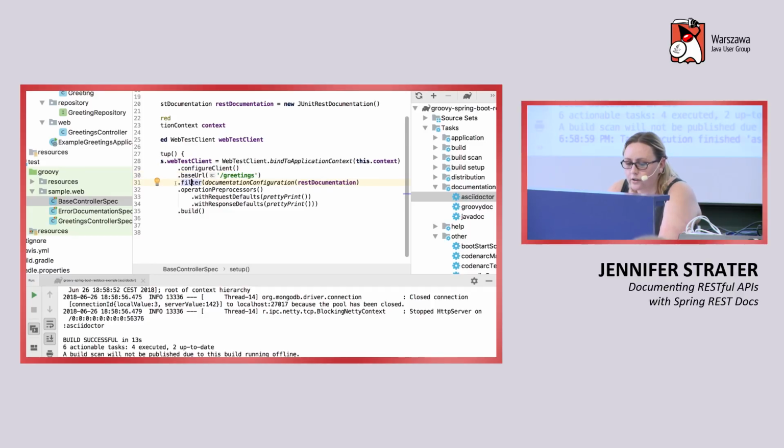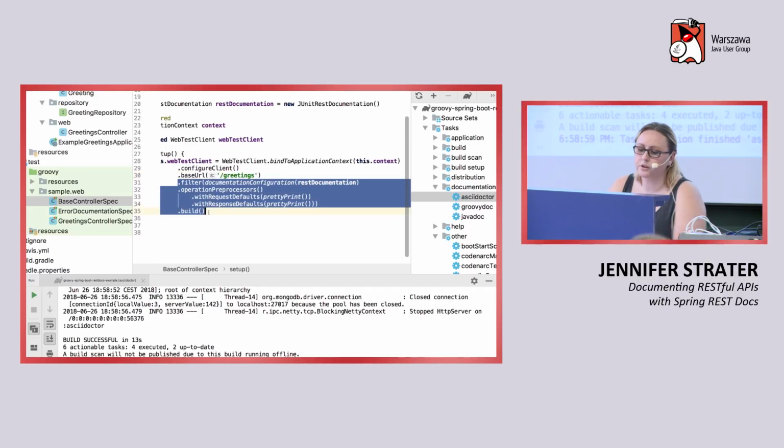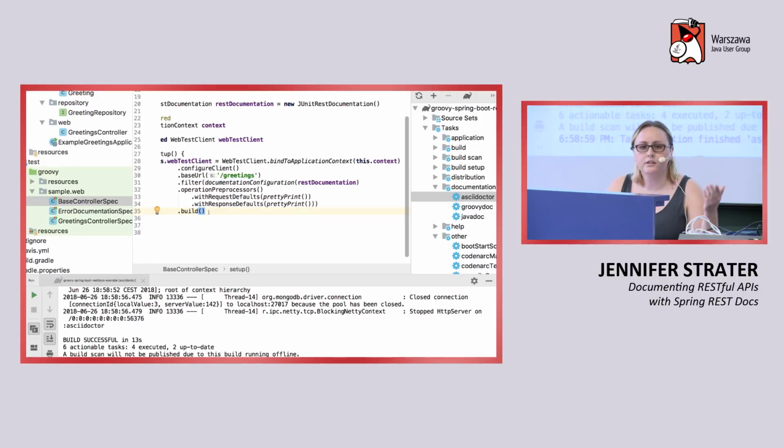This is how the Spring RESTdocs stuff actually works. So it filters into each request and it reads the request and the response that's generated during your test run. And you can also pre-process or post-process information. The one that I tend to use the most is the pretty print operation. It just takes the JSON that's both in the request and the response and formats it a little nicer than just